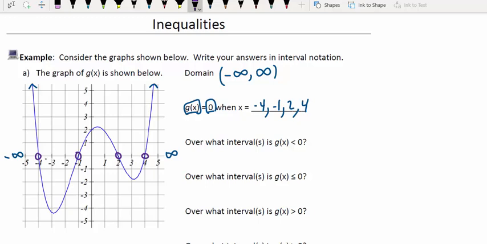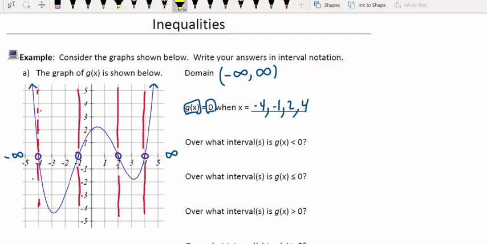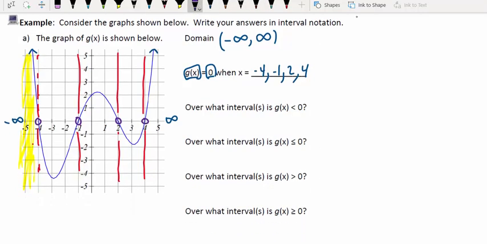As soon as I draw those 4 points, it's helpful to think that I just broke up this graph into 5 different regions. In your mind at least, visualize this graph being broken up into 5 distinct regions. We have the region to the left of this red dotted line, and everything I just shaded there would have points whose x values are less than negative 4. So what I'm doing now is building the pieces to my answers for the next 4 questions in this problem. My answers will include intervals such as the interval from negative infinity up to x equals negative 4, but I won't include negative 4, remember, at least for the first